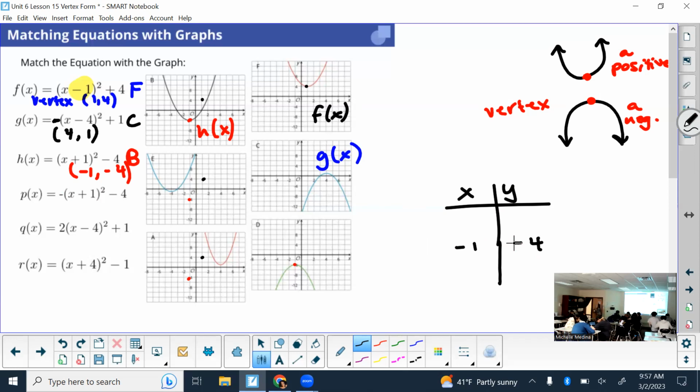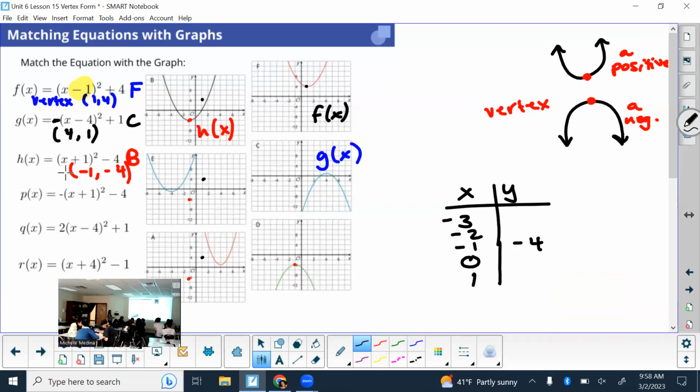So what are some X values near -1? What are some numbers near -1? -2, what else? 0, what else? -3, and then one more, maybe the other way. By picking numbers around your vertex, you would just plug these X's into your given equation and get your Y's. So if I was plugging into H of X,